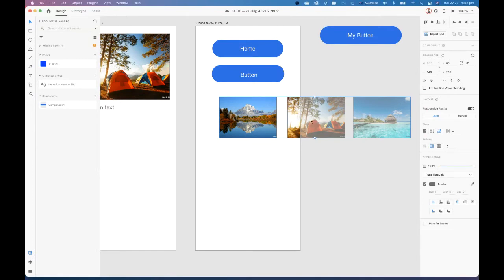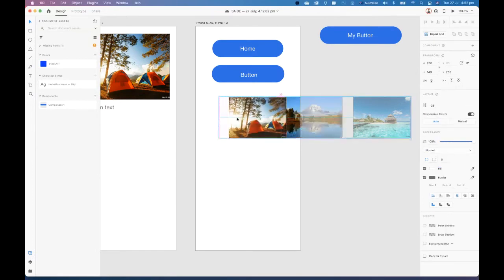But again, I've got this capability to reorder those elements as I'm working. So again, very flexible in pulling all these together, and extremely useful for creating a very quick and easy